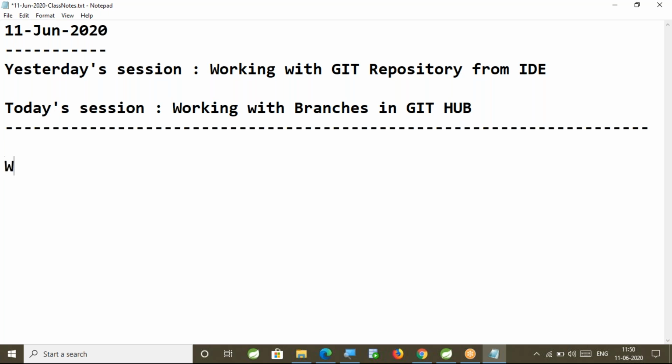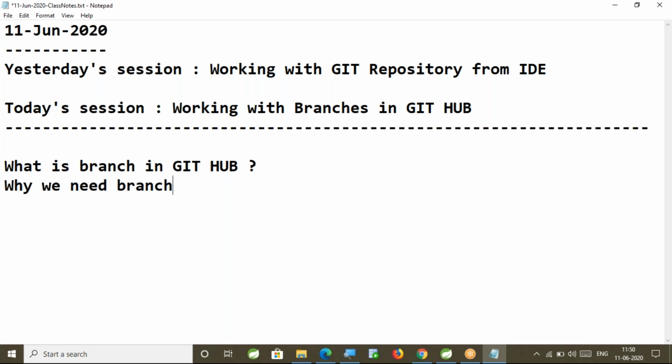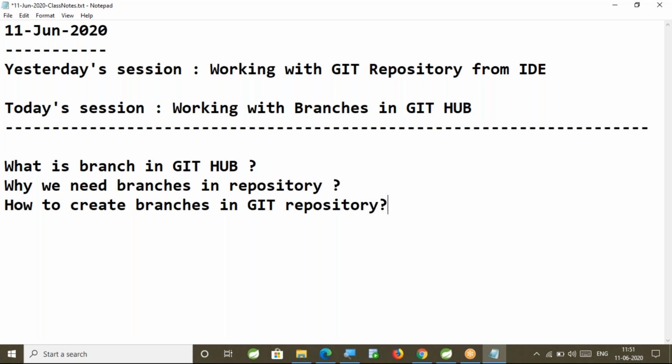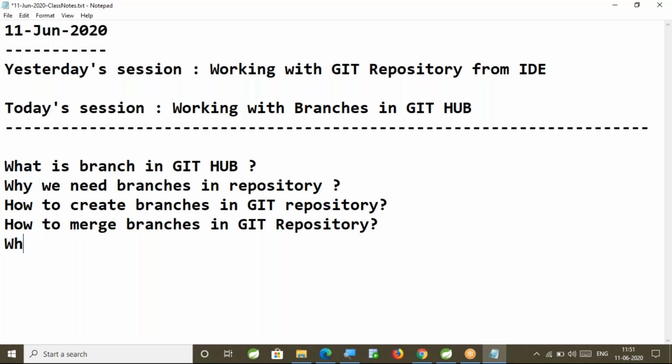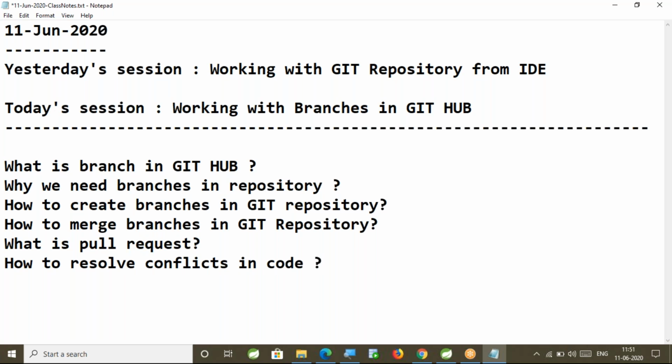As part of this session, we will understand what is a branch in GitHub, why we need branches in a repository, how to create branches in a Git repository, how to merge branches in a Git repository, what is a pull request, and how to resolve conflicts in code. So today's agenda will try to cover these concepts.